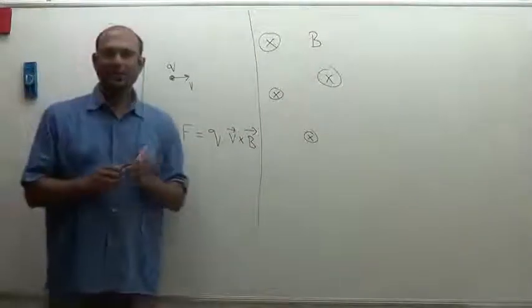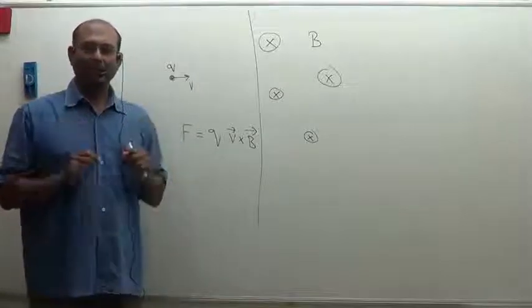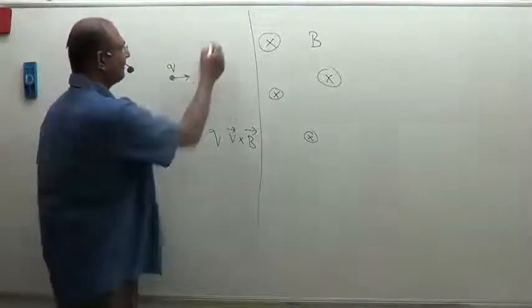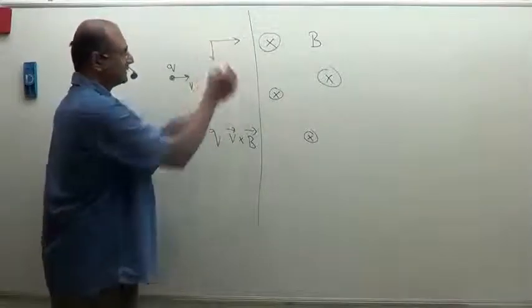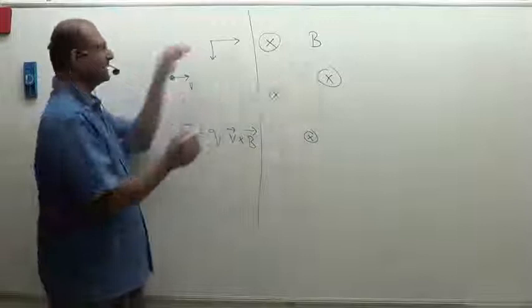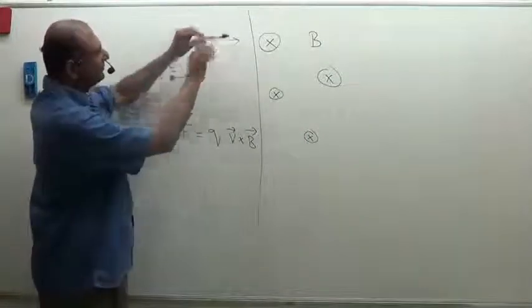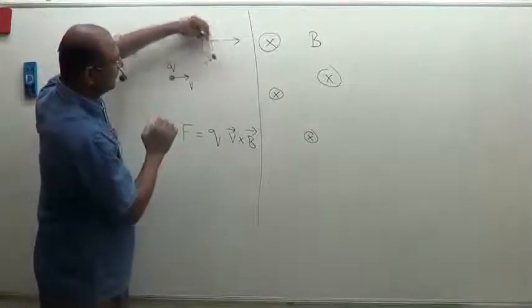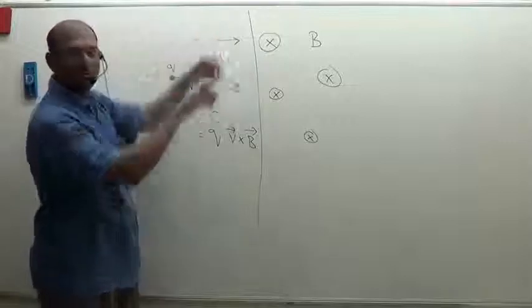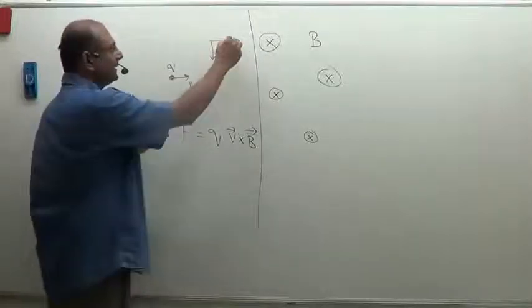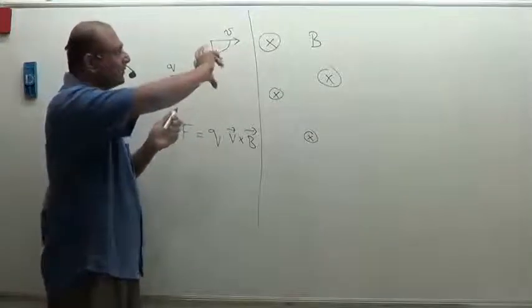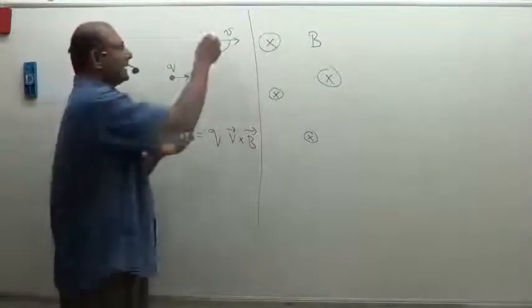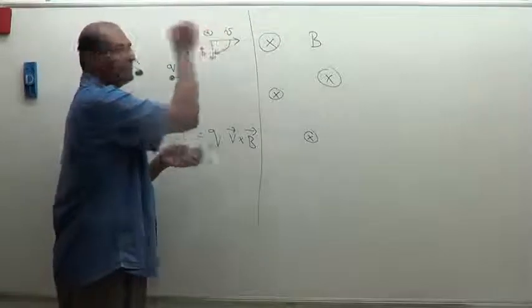Now let us understand this. V cross B basically means if I have, let's say, velocity V and I have a magnetic field, let's say like this. In this case, it's a different magnetic field. I'm just saying, suppose it was like this. Then this V is turning from V to B. So you have to go from V to B. And if I turn like this, suppose this was V and this is B, then I'm going to say V cross B points inside. So that means that will be inwards.